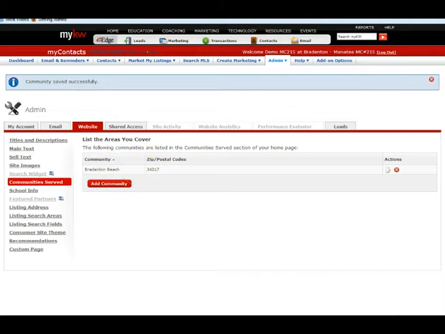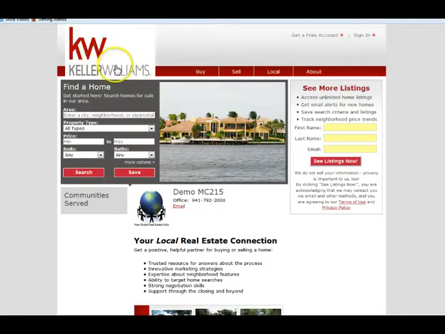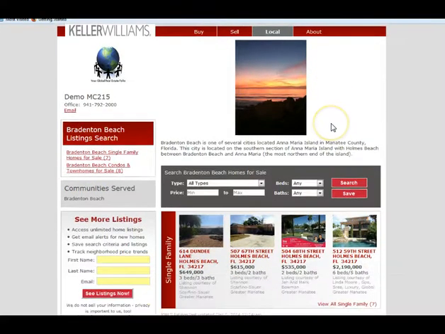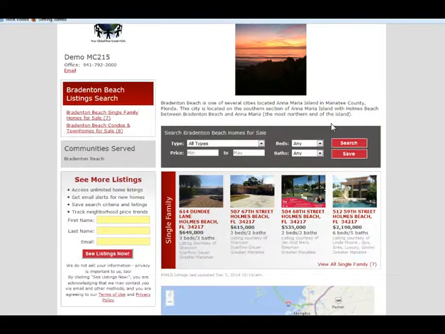When I go back to my website and I'm going to click my icon, when you click here, it refreshes the page. And now I have Bradenton Beach as a community served. And when I click on that, it shows the picture I uploaded. And then some of this information just comes from what I told the system. I told it that Bradenton Beach was